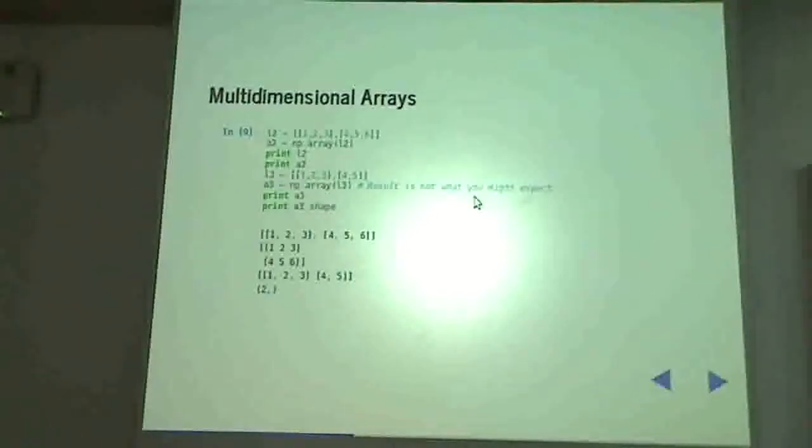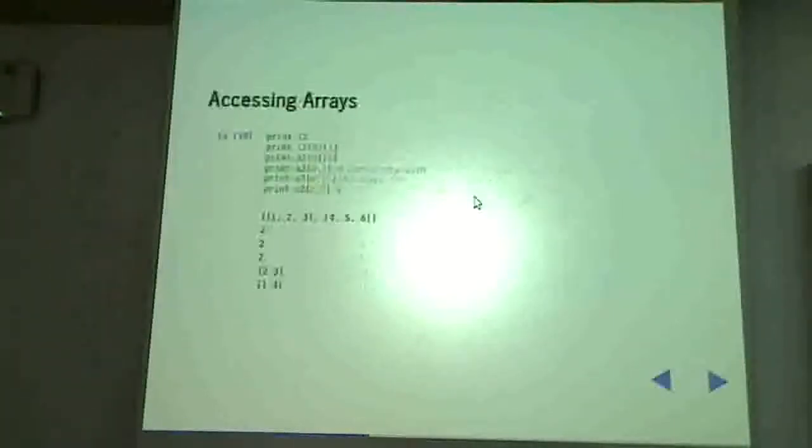So what it did was, since it couldn't make it nicely into a rectangular array, it basically contains a list type and 2 elements of the list. So this is a valid NumPy array, but each element now is a list rather than an individual array. It's not made into a 3 by 2 array, it's made into a single dimensional array with 2 elements. 1, 2, 3 is one element and 4, 5 is the other.